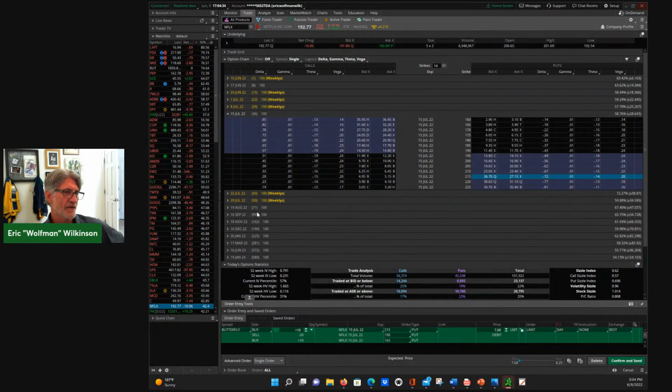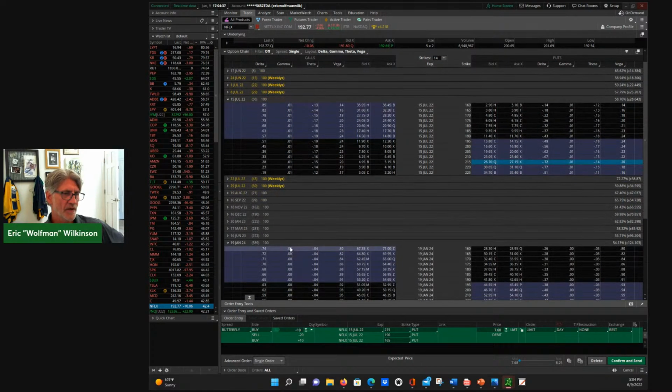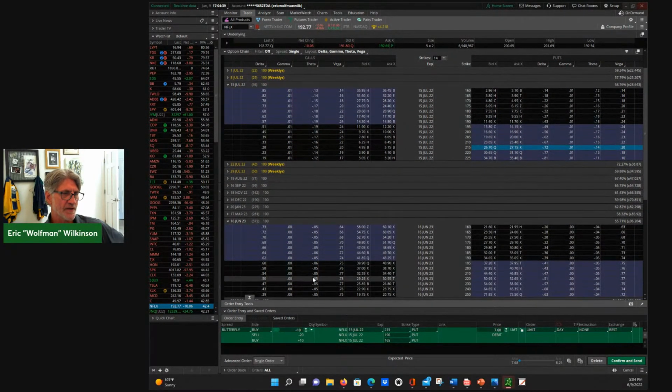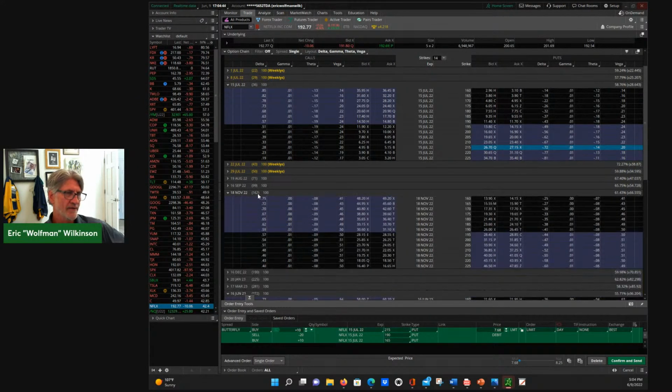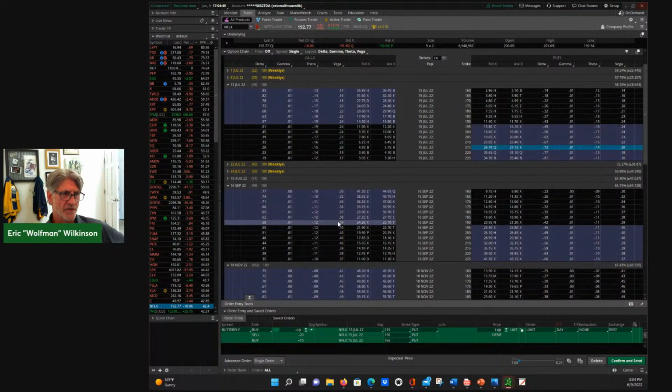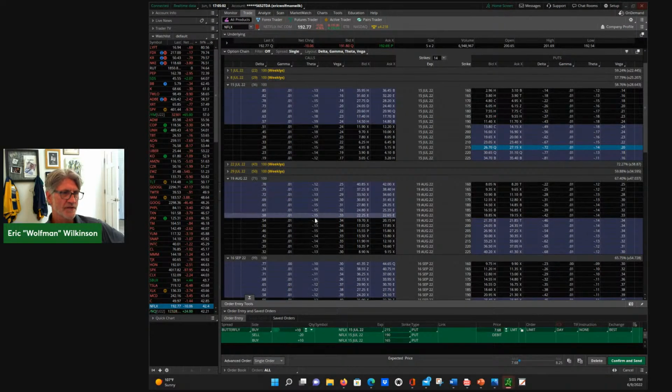Again, we can see the theta further out in time. You start clicking on these, you can see theta is not very much, maybe increased a little bit, but the real ones that we normally would trade, some folks will go out as far as 150 days, right? 90 days is really about as far as I go out normally. But you can see the theta from 9 cents to 12 cents increased about 3 cents. Then the next 25 days, we go from 12 cents to 15 cents, so another 3 cents. So you can see, way out there, yeah, it is still 3 cents. It's still eating away at you,